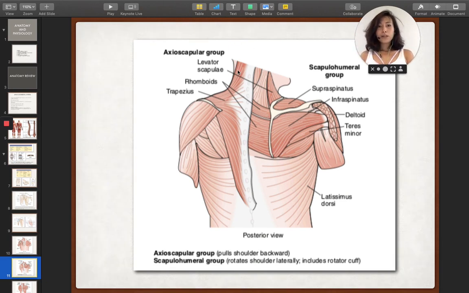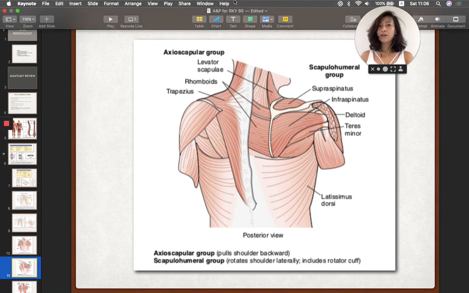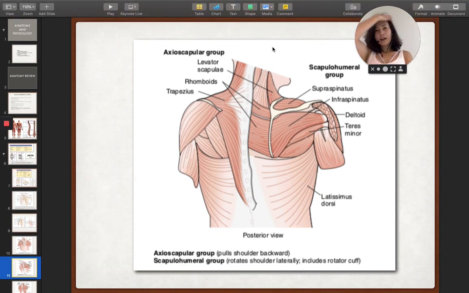So rhomboid for children is also very, very thin, but it's hard for you to train them. However, it's not that hard to create the sense of movement of the upper bodies and the feelings of the scapulars. Okay, so above here on the sides of your neck is called a levator scapula,